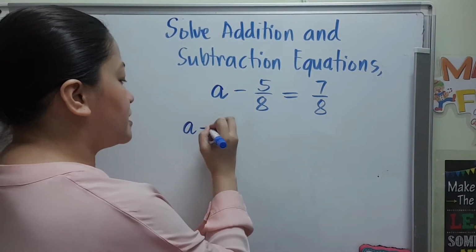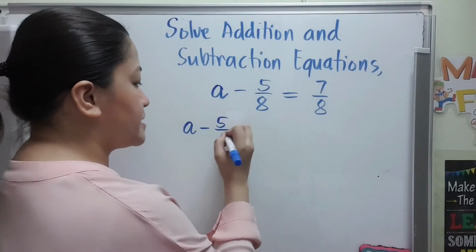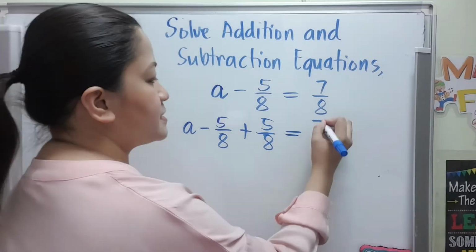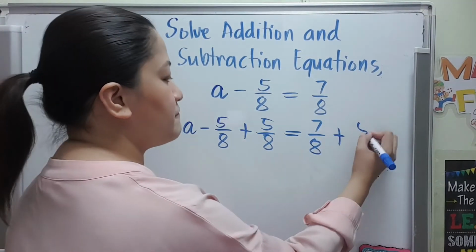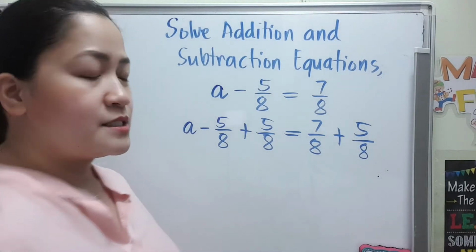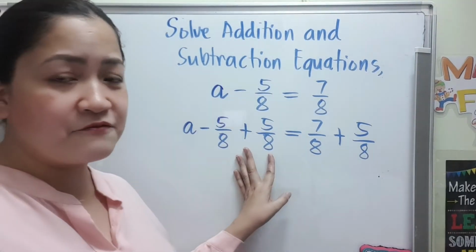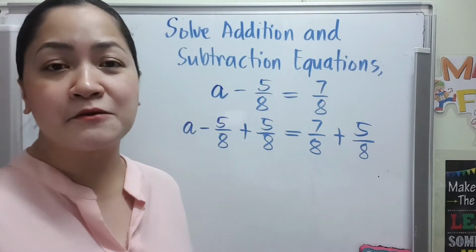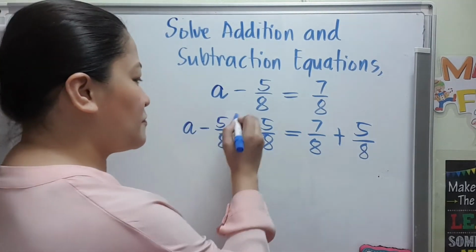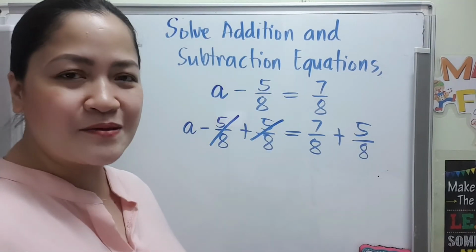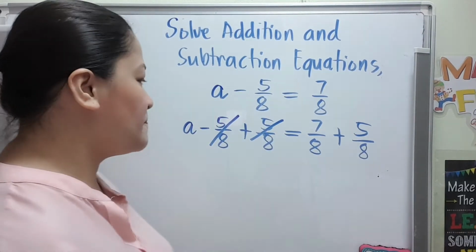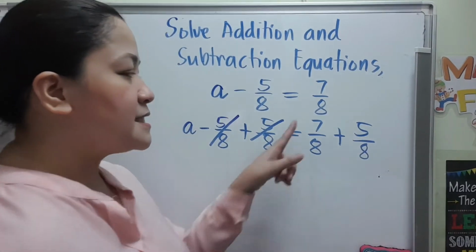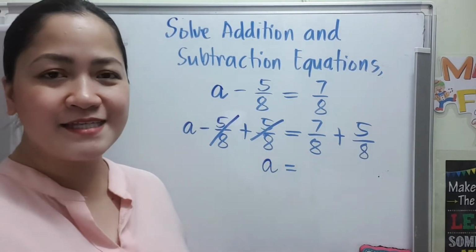So, copy the original, that is a minus 5/8 plus 5/8 equals 7/8 plus 5/8. So we put plus 5/8 on the left and plus 5/8 on the right. Again, inverse operations undo each other. So we can just cancel those two out because that is equal to 0. So what is left here? That is a equals 7/8 plus 5/8 is